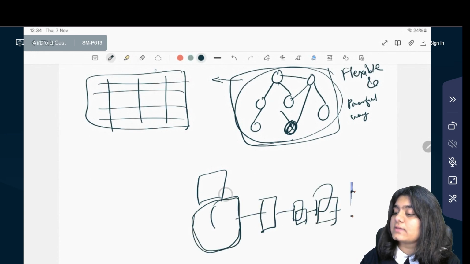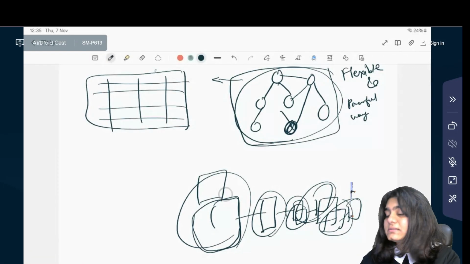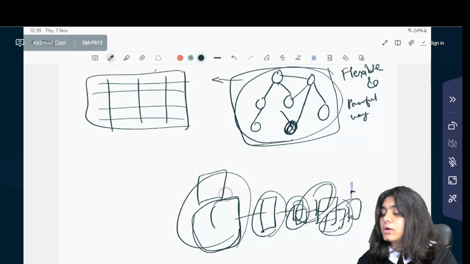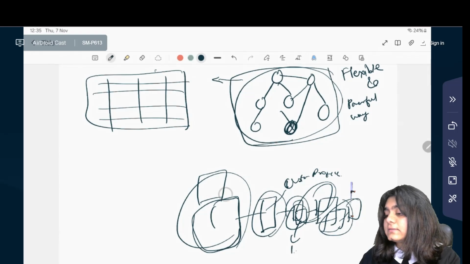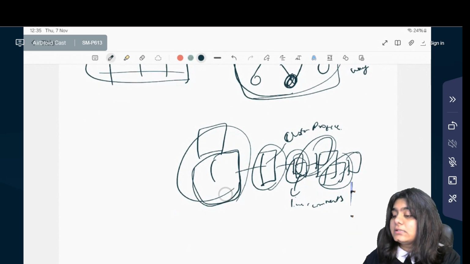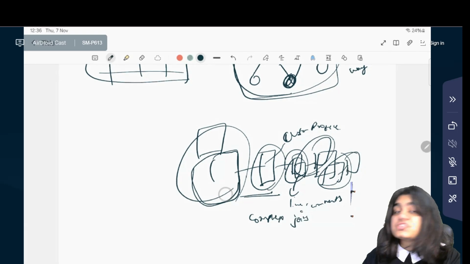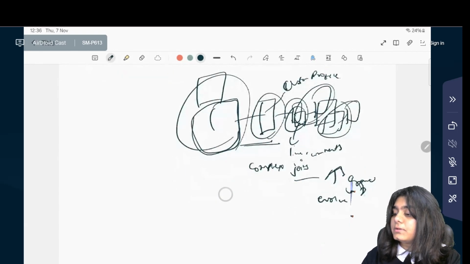I am just taking an example to make you understand. You can see all of them have diverse data formats. In a practical scenario, you can consider that one document is storing the customer's profile, and a second document is storing the likes and comments. So similarly, you can consider this kind of example. This flexibility reduces the need for complex joins, which allows the database to grow and evolve as per the